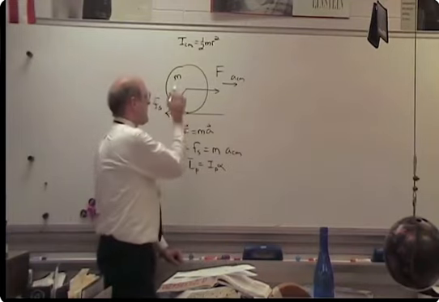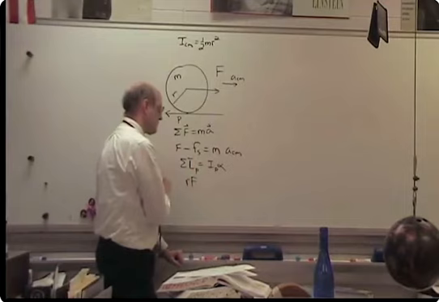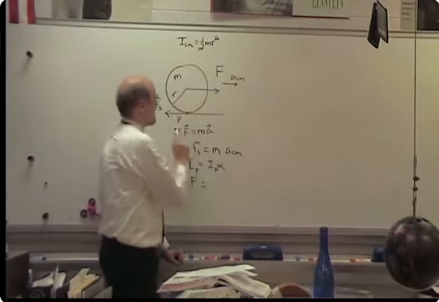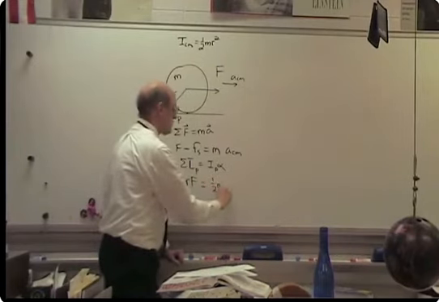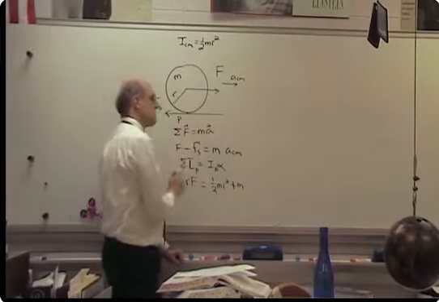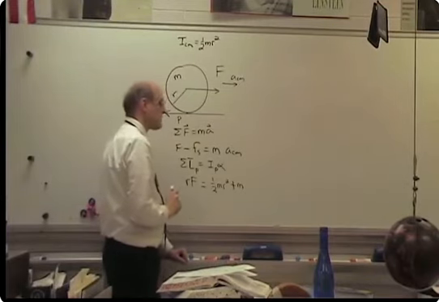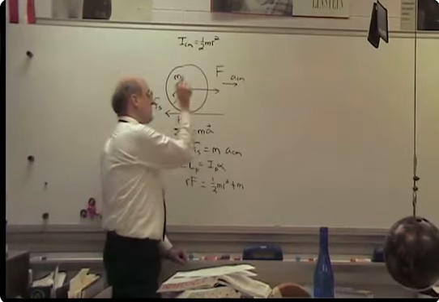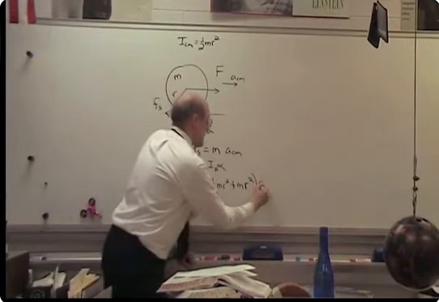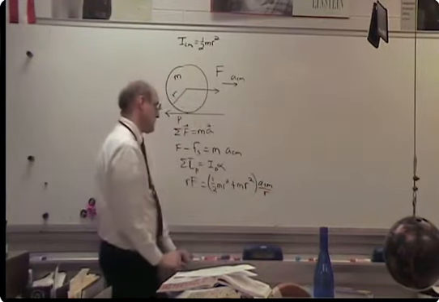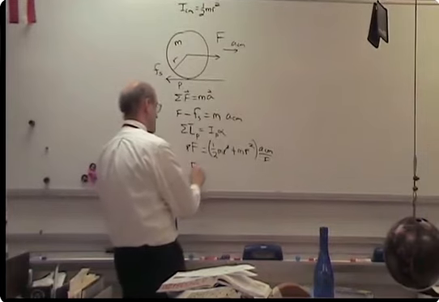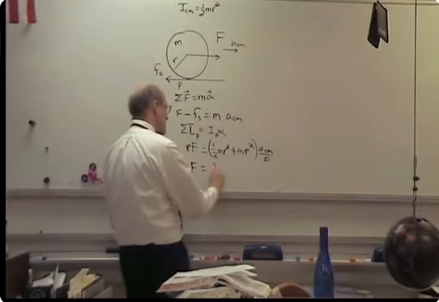So the sum of the torques about P would be F times lever arm R, which is equal to the moment of inertia about point P. That would be the moment of inertia about the center of mass, which is 1/2 m r squared, plus the mass of the disk multiplied by the perpendicular distance between the two axes of rotation, one through point P and one through the center of mass. So that's m r squared. And then alpha would be ACM over R. You'll notice that the R's cancel. So we're left with F is equal to 3/2